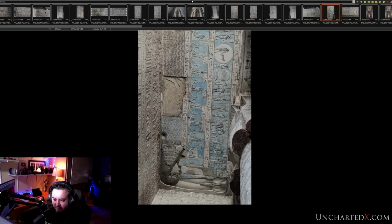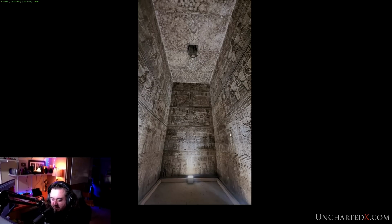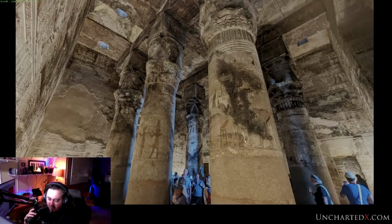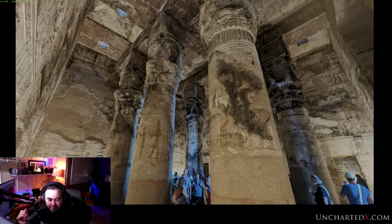So there's Nut again, with her body being the cosmos. Pisces. These are inside the many chapels that are dedicated to different gods. Beautiful stuff. The interesting thing about these is as you actually look at the bottom of these columns, they're granite. So they're recycled pieces of columns from older structures that were originally granite. So there may well have been another granite structure here from the Old Kingdom, or before